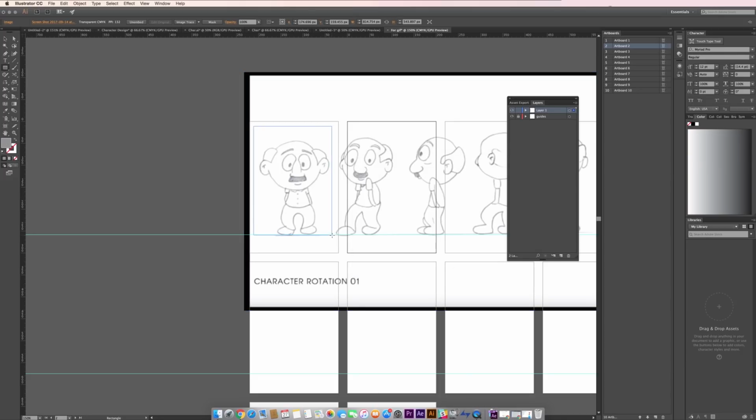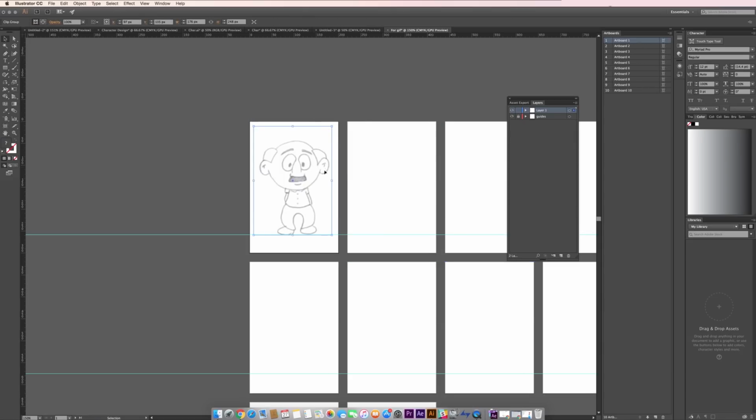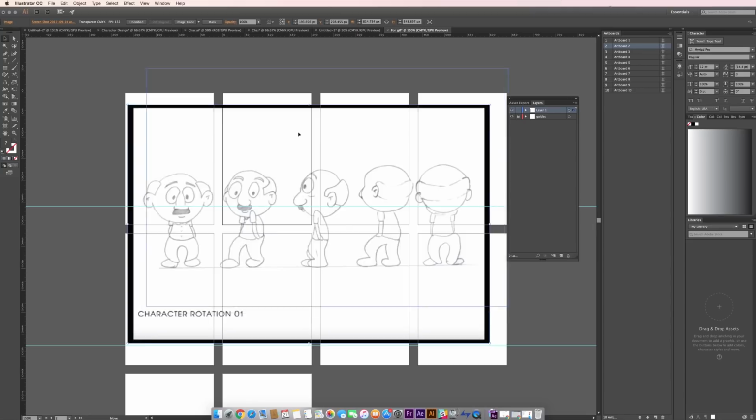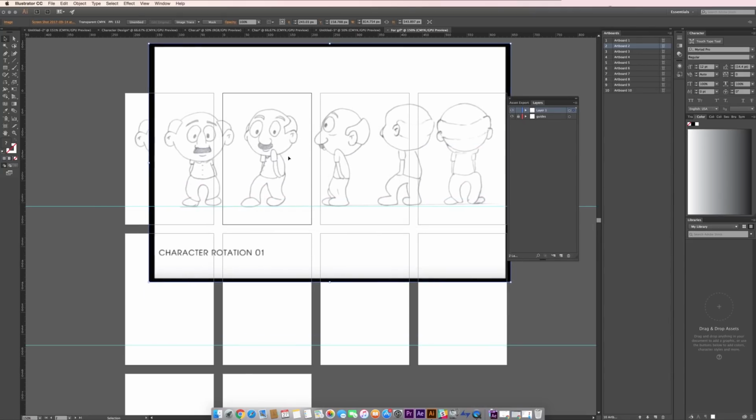Draw a rectangle on this character and select both the rectangle and the background image and press Ctrl 7 to mask it. Do the same for all the characters on different artboards.